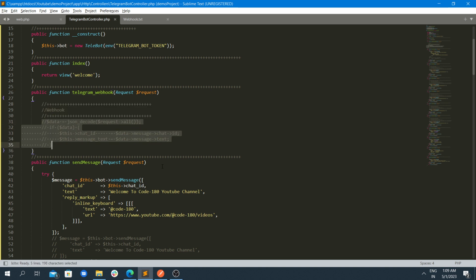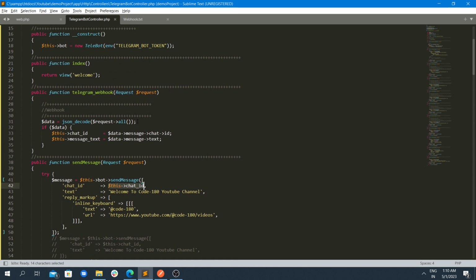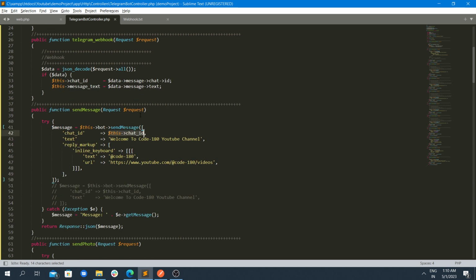If you see, this is the webhook code. You have to get the request data, data.message.chat.id. So you get the chat ID and you get the message text. So these are the two things. This is the user input and this is the person who is inputting things on your bot. So you get this ID, you put this ID exactly into the chat ID over here, and this will work flawlessly. So this is how you can use